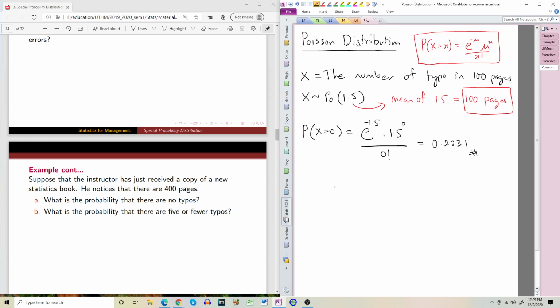Suppose that the instructor has just received a copy of a new statistics book. He noticed that there are 400 pages. So no more 100 now, it's 400 pages. What is the probability that there are no typos? Okay. So now if you notice from the previous question, mean is 1.5 for 100 pages. For 400 pages,